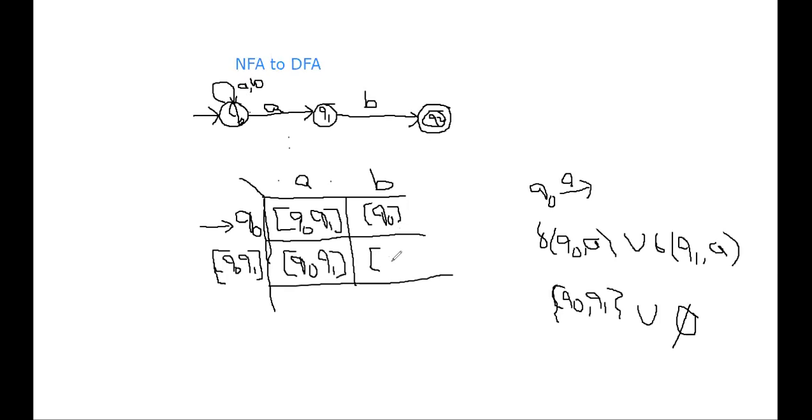Then combine those two states, Q0 Q2. Actually Q2 is the acceptance state in the NFA. Wherever Q2 appears in a state combination, make it an acceptance state. Then which is the new state now? Q0 Q1 has transitions now. Again we got Q0 Q1, but the new state we got is Q0 Q2.